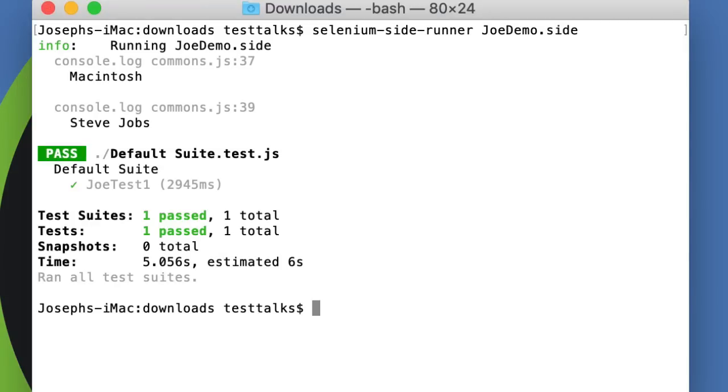And as I mentioned, this is really useful when you're running in CI/CD. If you just want to create a quick and dirty test and just run it, say in Jenkins, because you can run it from a command line, it's very easy to use in that type of environment.